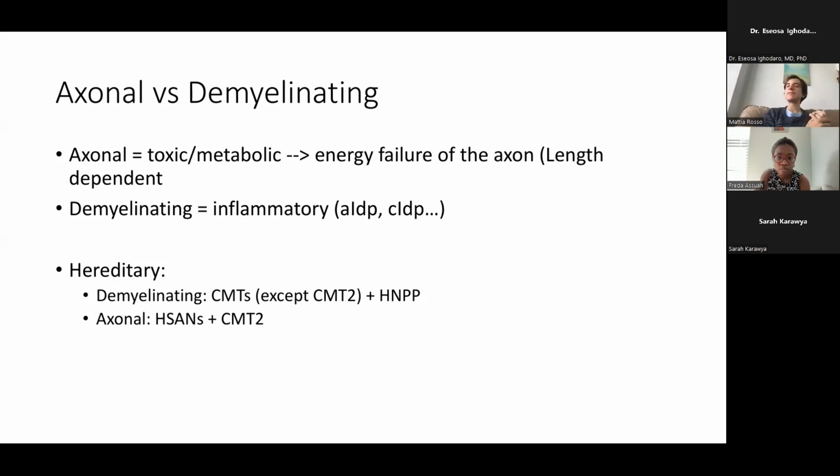There is a vitamin that we usually check routinely in these patients. So the B12 is another thing we check, which can cause a neuropathy. I'll get into more detail about B12 because it's not as straightforward as we'd like it to be, and we'll talk about that in a second. And then the other thing that we always check is an SPEP and a UPEP for monoclonal gammopathies, but we'll talk a bit more about that.